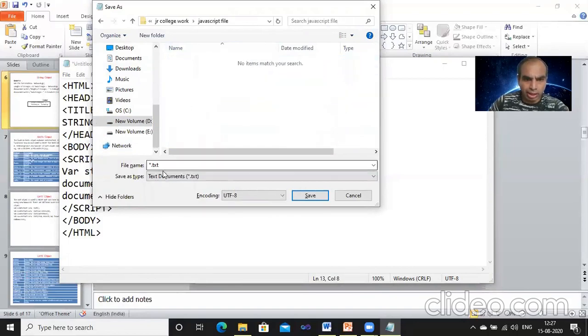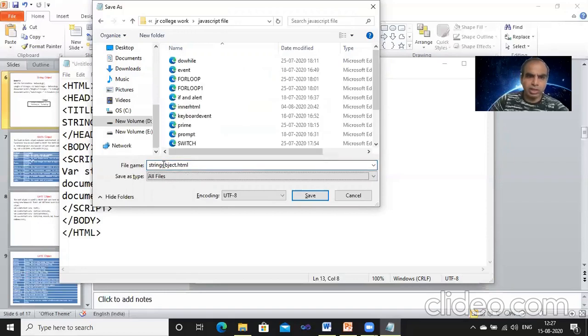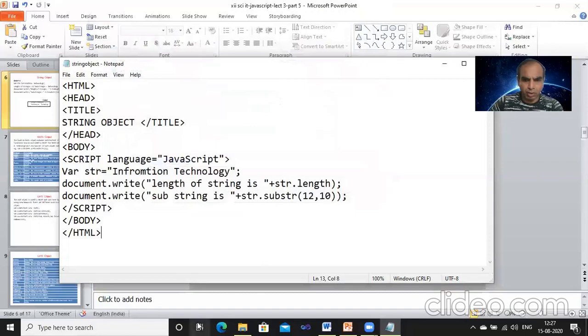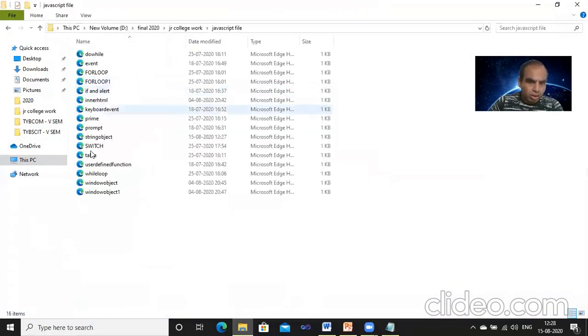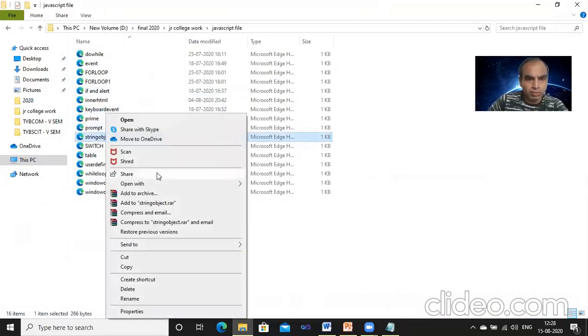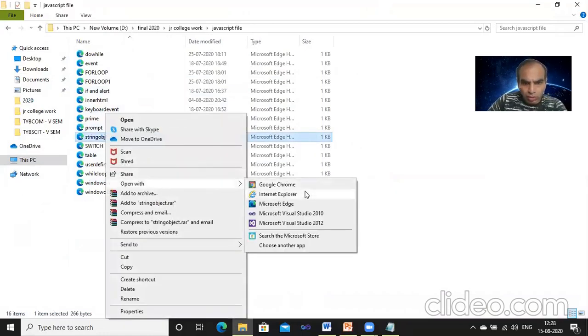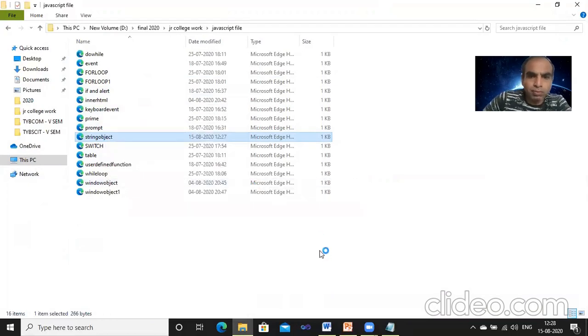Save it in a particular folder. Write the name of the file as string object.html, all files, and save it. Open that particular folder, right click on that file, open with Google Chrome.